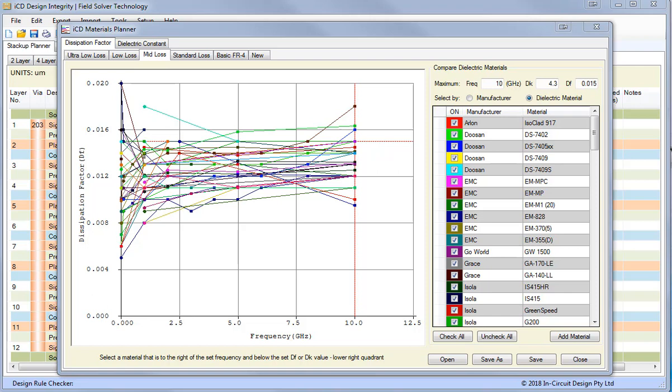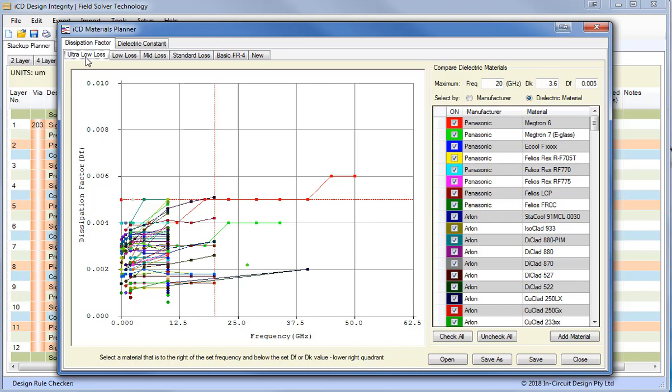The iCD Materials Planner is subdivided into 5 default tabs, which give the novice PCB designer a heads up as to what to select for his application. So these 5 different tabs here, we have ultra low loss on the left here, and these are samples of the most popular materials. Now the ultra low loss has a dissipation factor or loss of less than 0.005, and